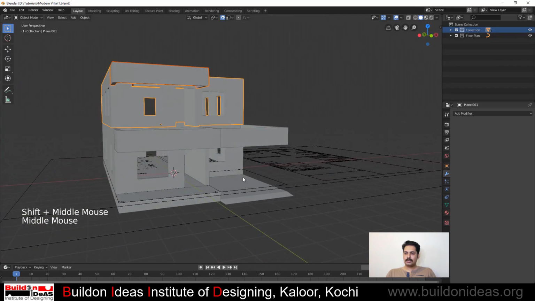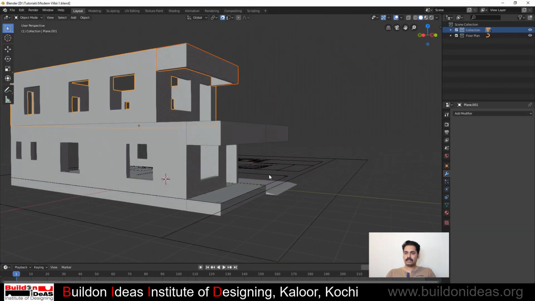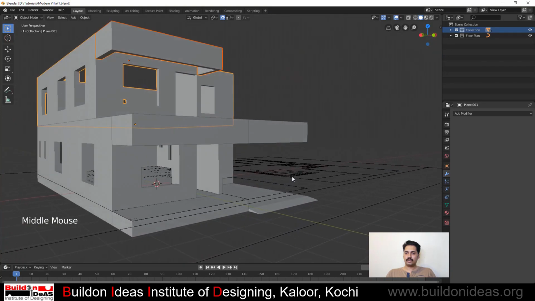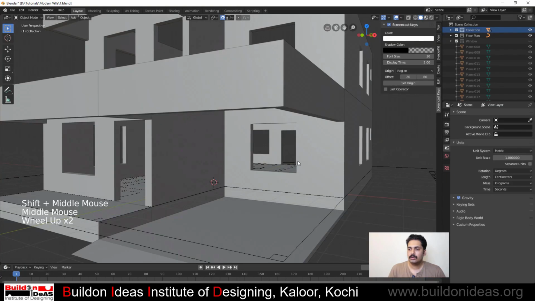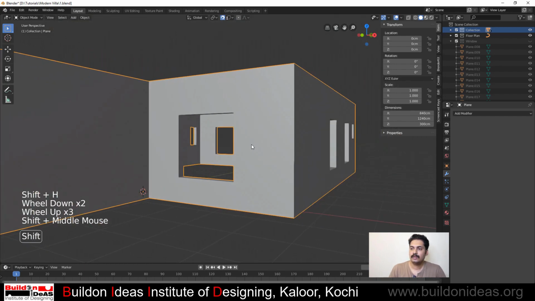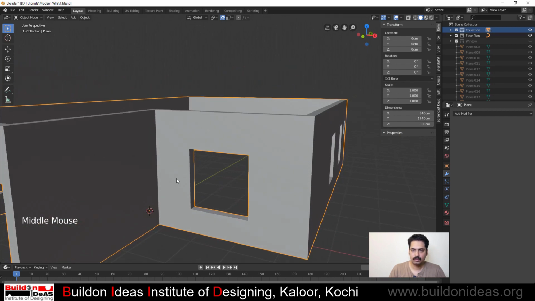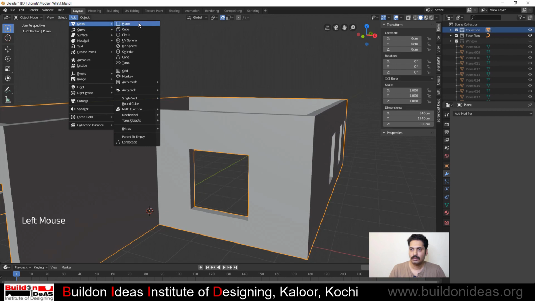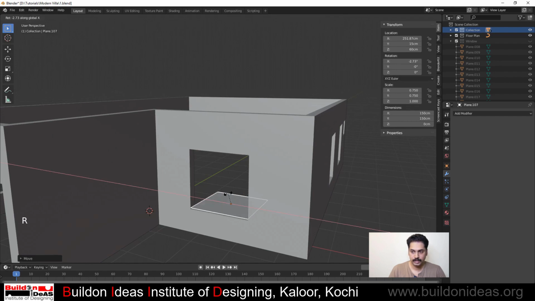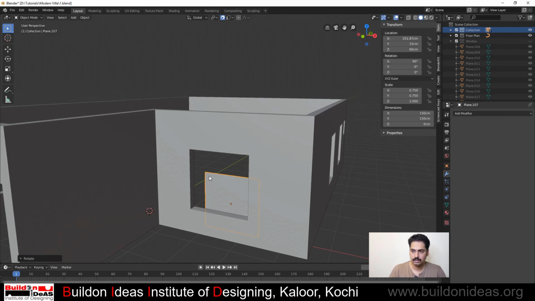So once the structure is ready, now you have to have some designs and models and the windows in place. So I'll do one window and then I'll place all the other windows, and then I'll move forward. I'll just select this and Shift H to hide the rest of it, and then I'm going to add a window out here. So I'll add a plane, and then change the dimensions of that to 150, and then grab it to the position, rotate in the X direction 90,